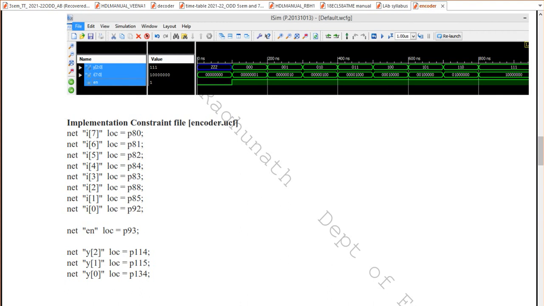Again, there may be errors in the pins, because so many people have been using the kits for the last 5 to 10 years. So there may be a chance that the pins are not working properly. At that time the simulation output is very important, so you have to show the output properly. I of 7 to I of 0 use one FRC. Another FRC input is enable, so use FRC2.